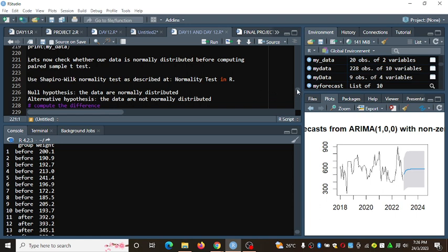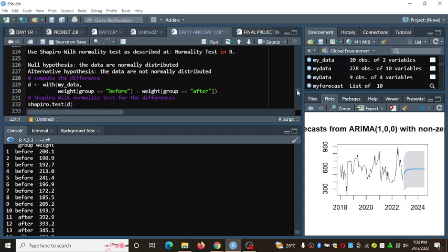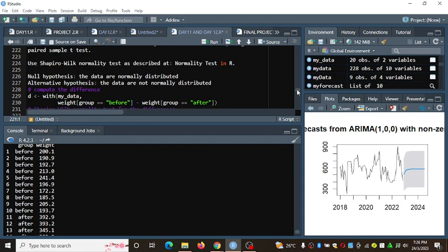If you have the alternative and null hypothesis, what else do you need? You need only the p-value to tell if your data is either normally distributed or not normally distributed.